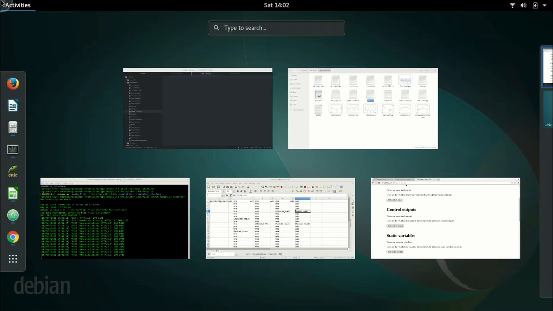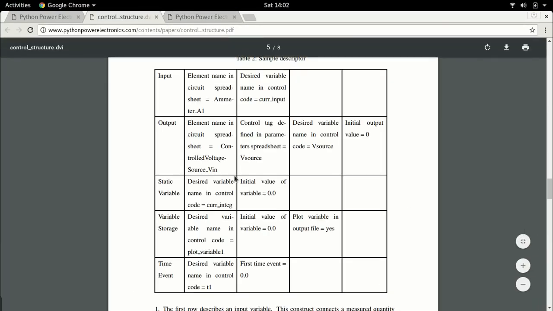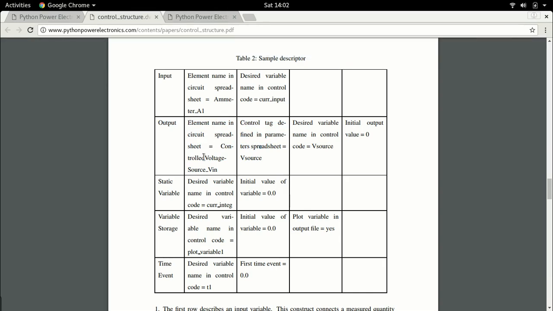So now let's go back to this data sheet, or rather data sheet is here. Now let's look at how the output is. You see what's happening here. The output has to be an element in the circuit spreadsheet. Alright, like I said in the previous lecture,